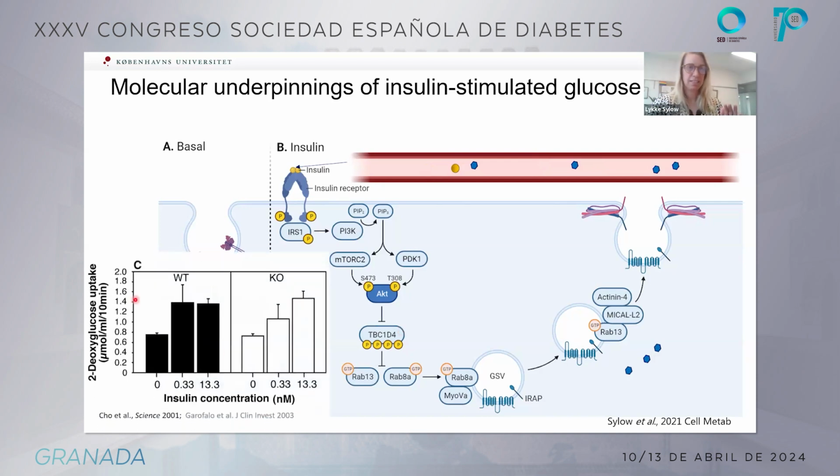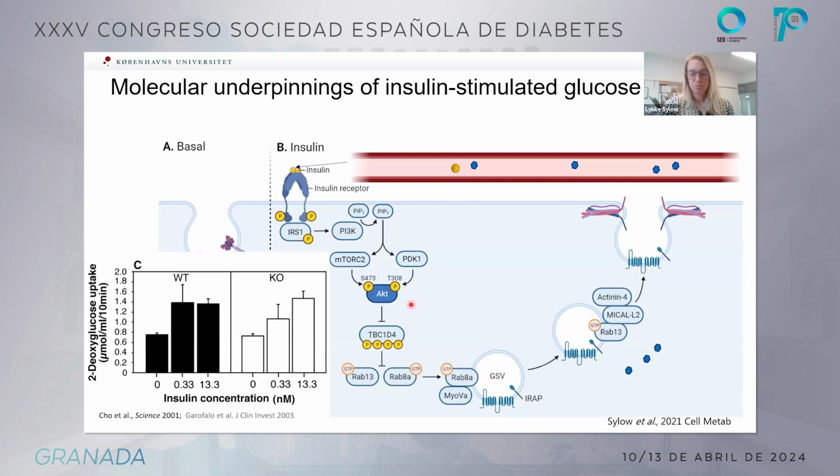looking at AKT knockout mice, you can see that there is a minor reduction in submaximally induced insulin-stimulated glucose uptake, whereas the response to a maximal insulin dose is actually completely maintained in these AKT knockout mice, suggesting that insulin-stimulated glucose uptake can occur even in the complete absence of AKT.